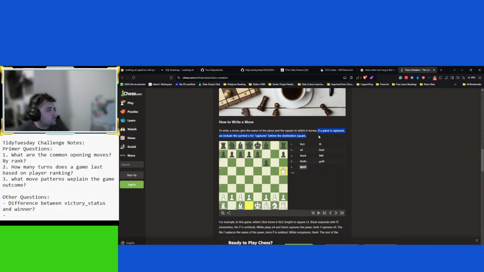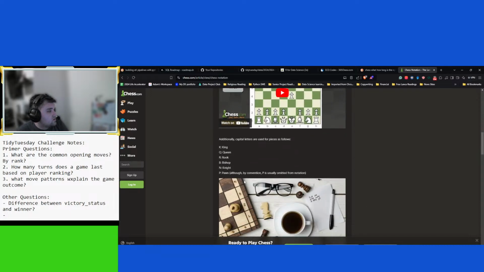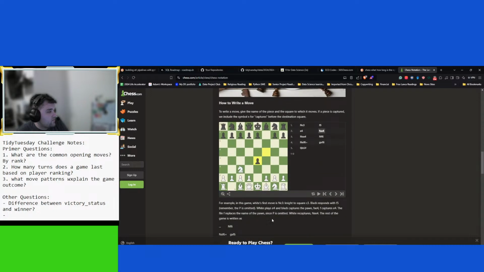If a piece is captured, we include the X symbol for captures before the destination square. Okay. E4. So I guess you're saying from F to E4 because it's a pawn. Although by convention, P is usually omitted from notation. Okay. For example, in this game, White's first move is Knight c3.